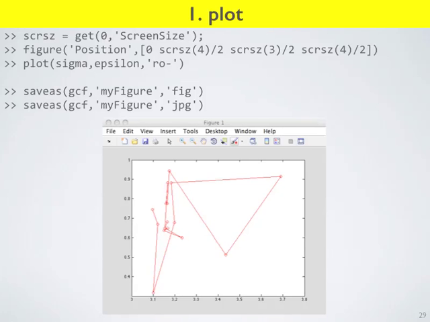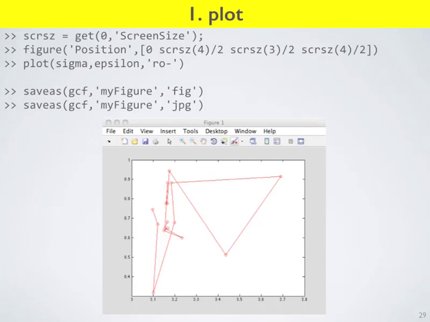So plot, X variables, Y variables, and then a formatting string. This is in single apostrophes, single quotation marks. R, O, dash means plot them in red. Symbols are going to be circles, and I want you to connect them with a line. If you want to see all the possible variables you could pass to the plot command, go to MATLAB help. This is just the bare bones, the X, the Y, and how I want you to format. You might actually be able to get away with just X and Y, and we'll format them in some default ugly way. Okay, so you're going to get a nice figure.